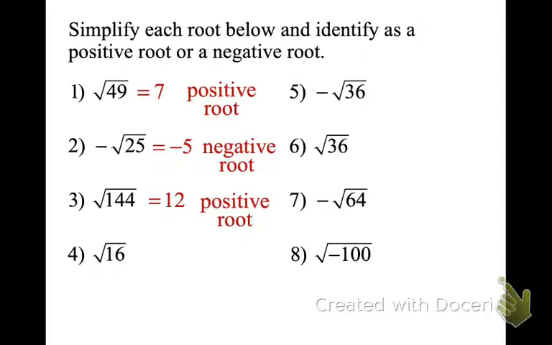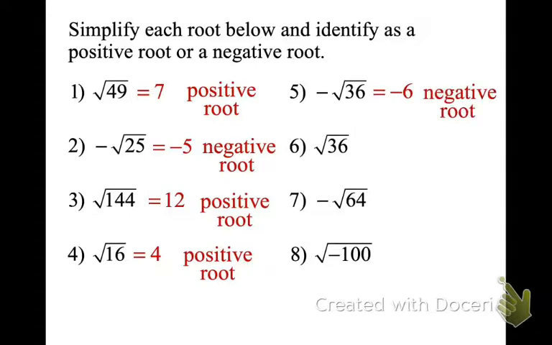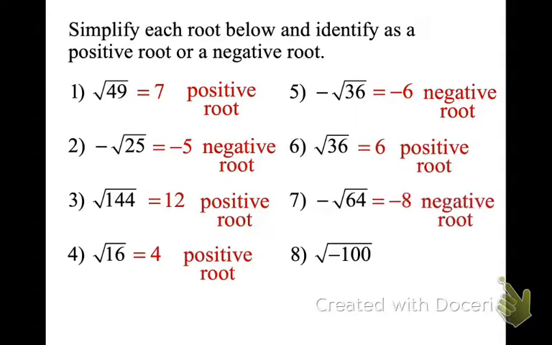Number 4 is a positive root, and the square root is 4. Number 5 is a negative root, and the root is negative 6. Number 6 is a positive root, and the root is positive 6. Number 7 is a negative root, and it's negative 8. And then number 8